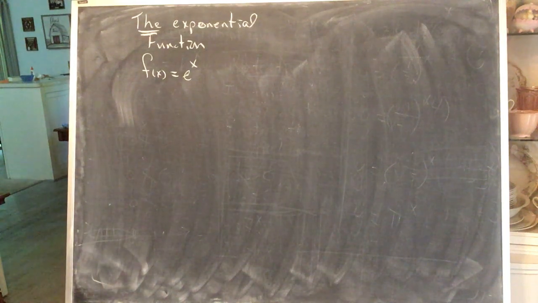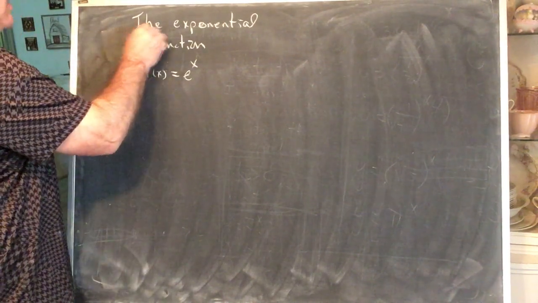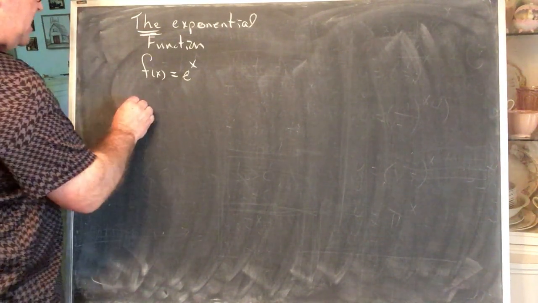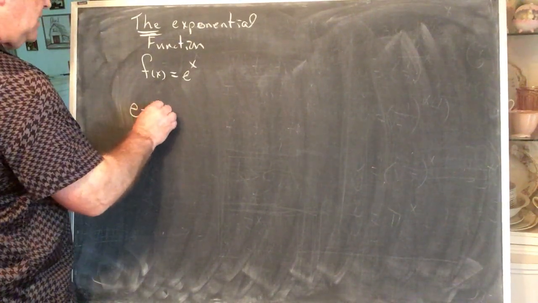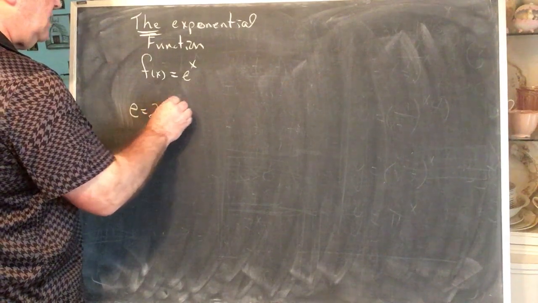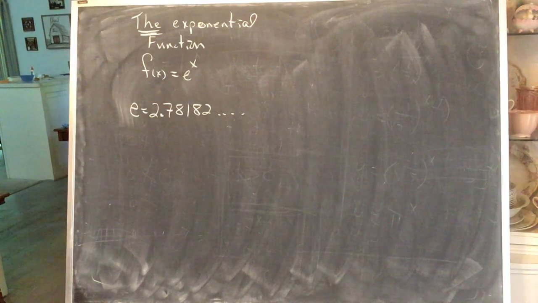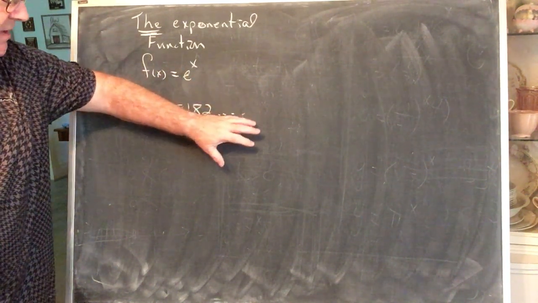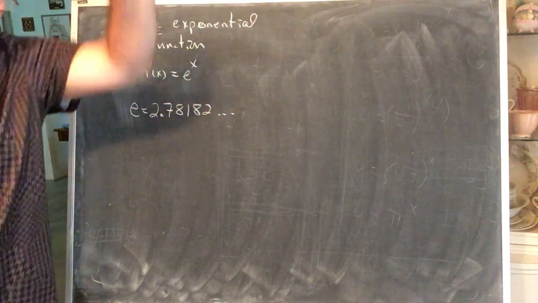All right, there is one exponential function that far outstrips all the others put together in importance, and it is this one. The number e is defined to be 2.71828. It's rather like pi. It is a decimal. That string never ends, never terminates, it never repeats. That string just continues to go on forever.